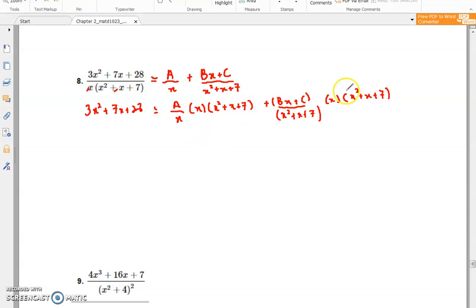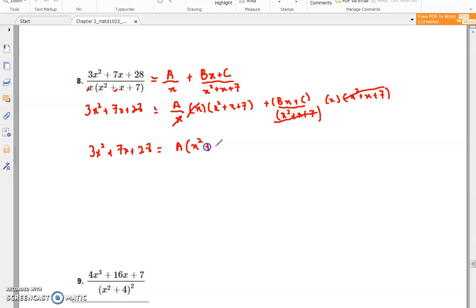Since here we are dealing with multiplication, and this part also is multiplication, basically we can cancel the same factor, which is x divided by x. We are supposed to get 1 here, and for the other factor, the quadratic factor, divided by the same element, you are supposed to get the value of 1. And we can get a new line here, which is 3x squared plus 7x plus 28 equals to a